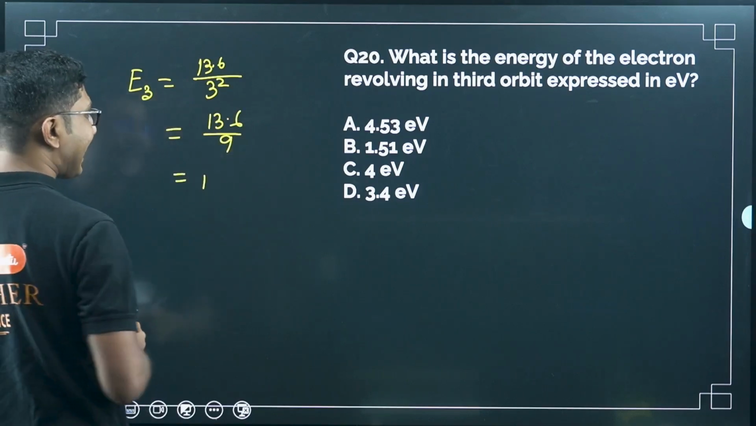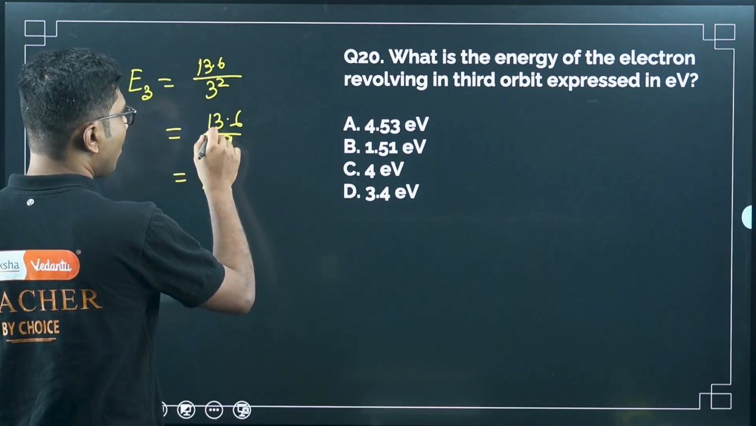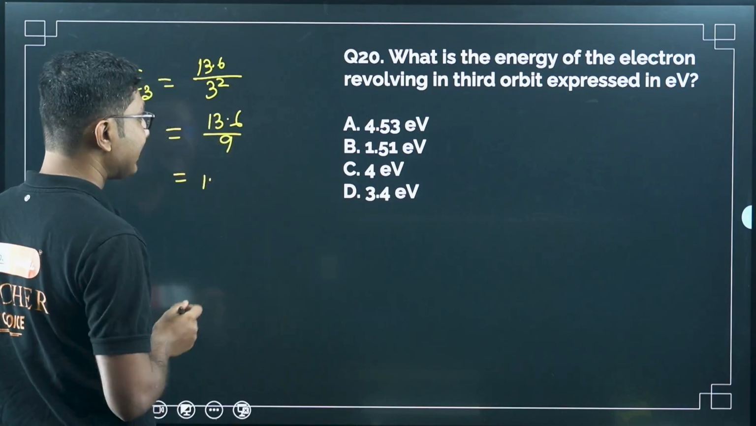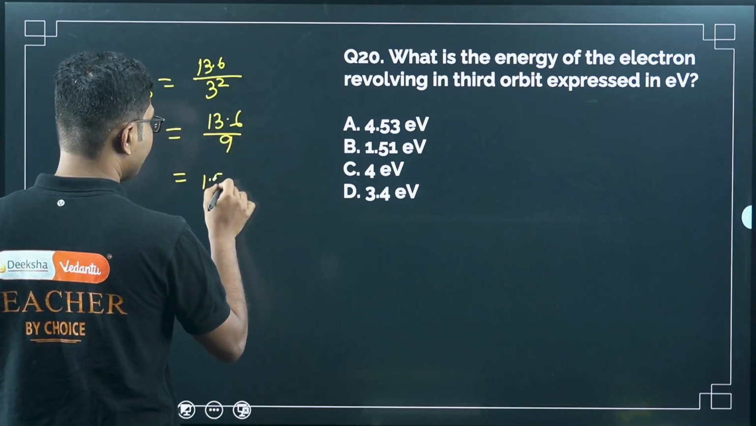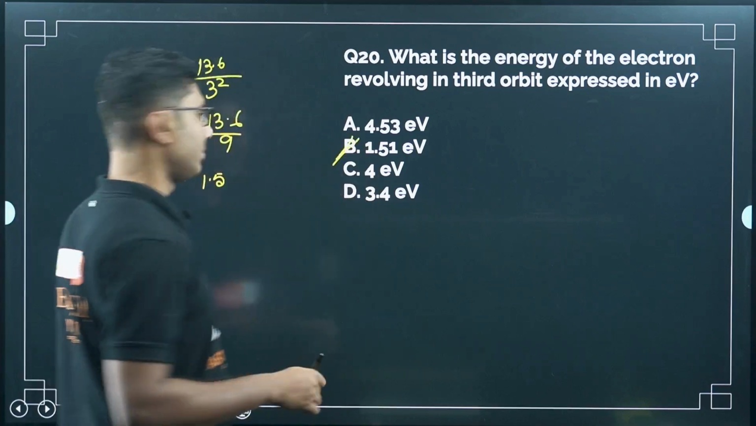So 9 ones are 9. There is one more, so 4 and 4.6. So first of all, we have to use this decimal. So 46 means 5 nines are 45. So it will be 1.51 electron volt. Okay,